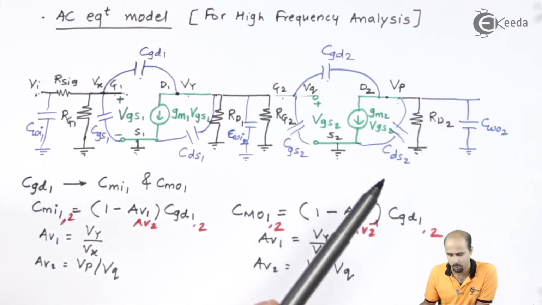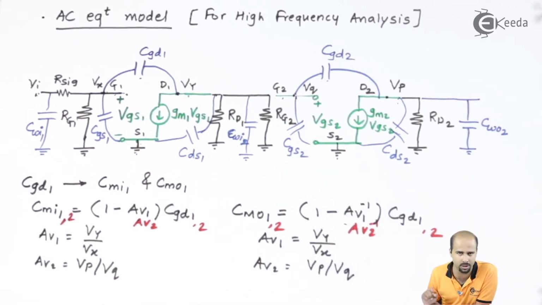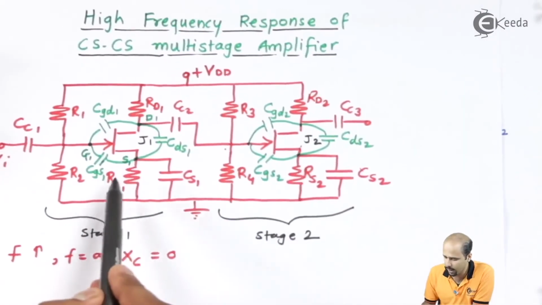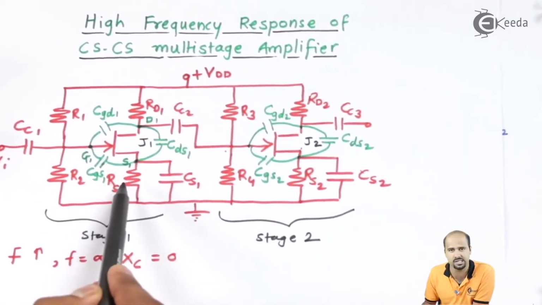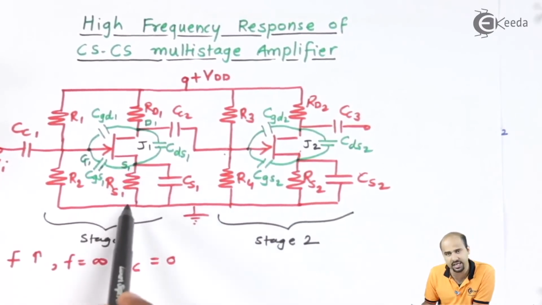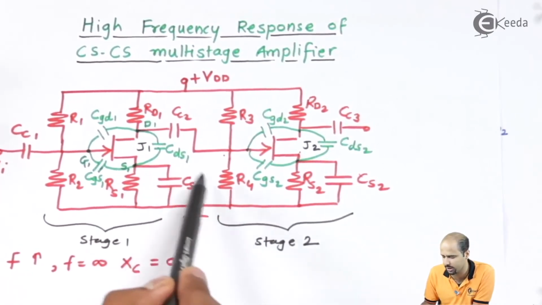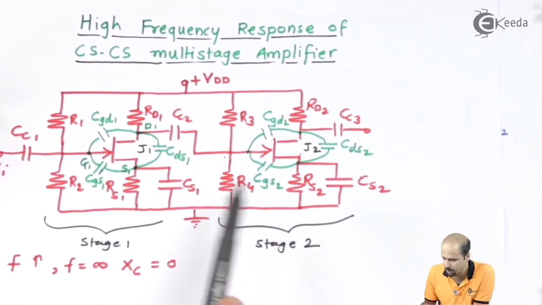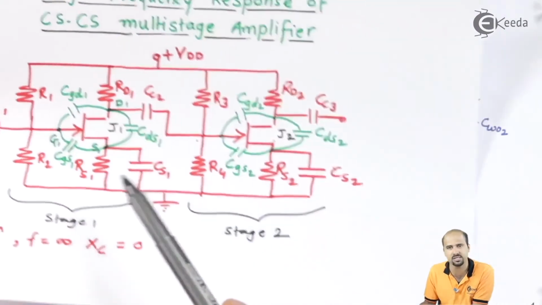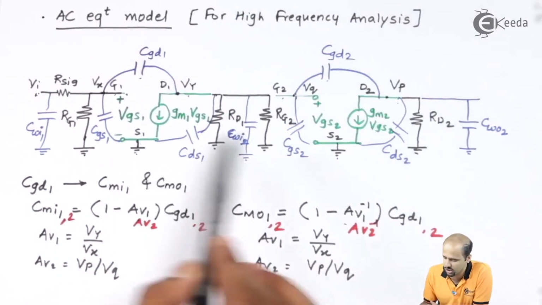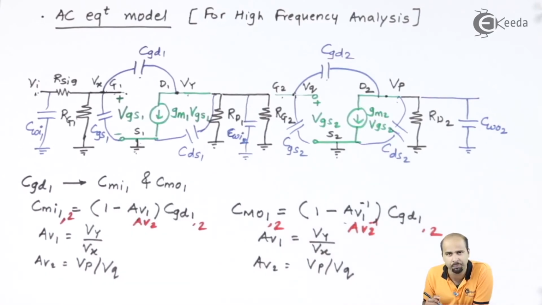One more silly question will come to your mind: if I am saying that resistances at the source are there, why do we have to place the source directly towards the ground? The source is directly connected to ground because all the coupling capacitors and bypass capacitances are short circuited. If this is short circuited, then obviously the source resistances become redundant. That's why sources S1 and S2 are directly connected to the ground.